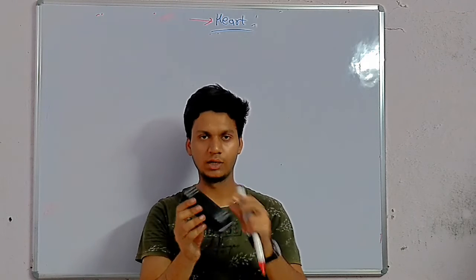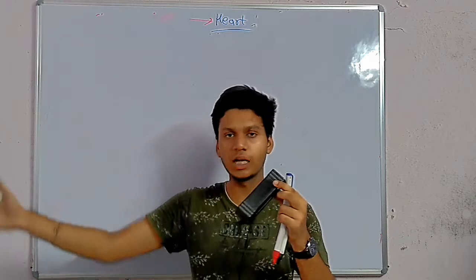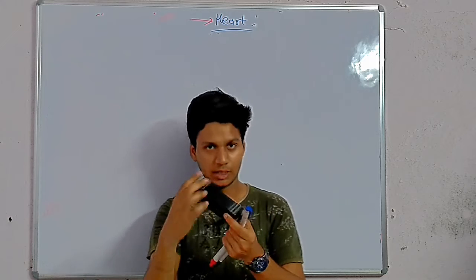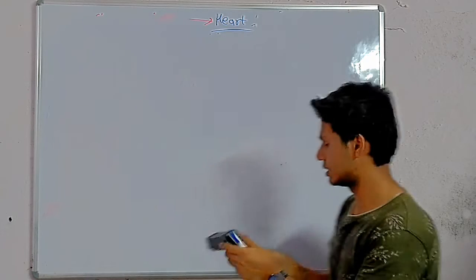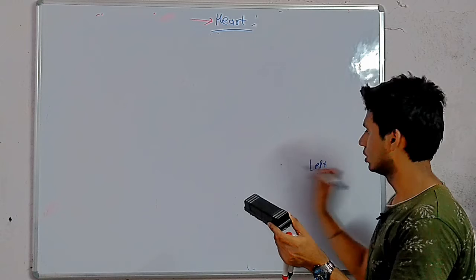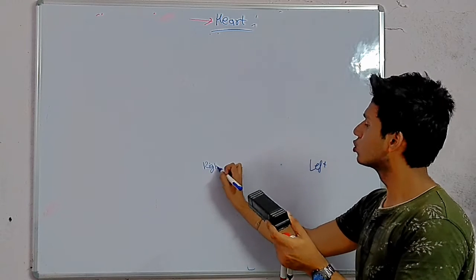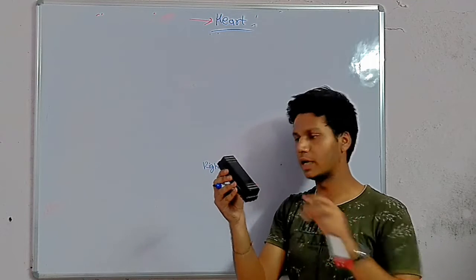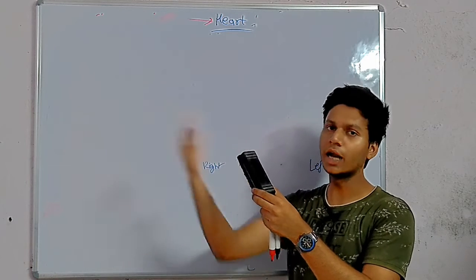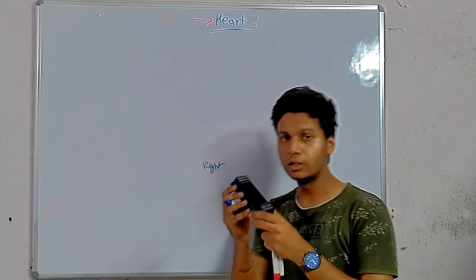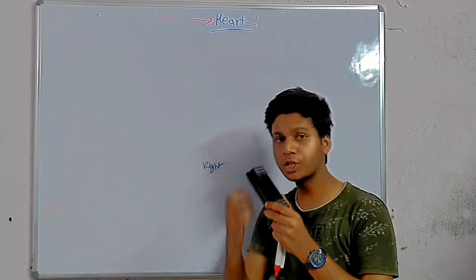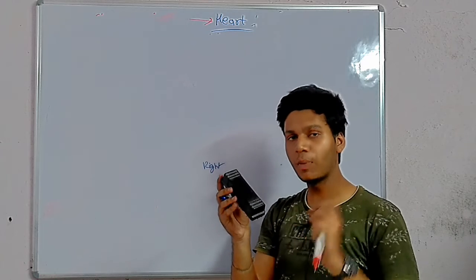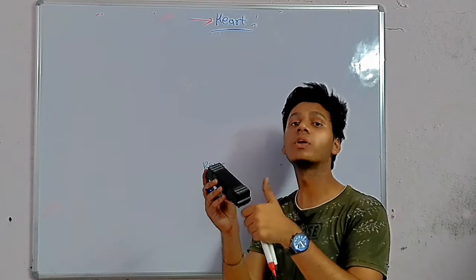Sorry, this is my left side. This is left, this is right. But for you, this is left. Let's say we consider left is this. So just tilt it like this. The apex is on the left side and the right atrium is on the right side. The surface of the chamber which touches the right lung is the right atrium, and the surface which touches the left lung is the left ventricle.